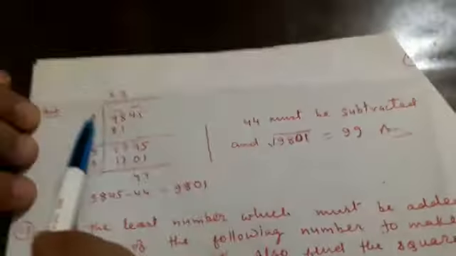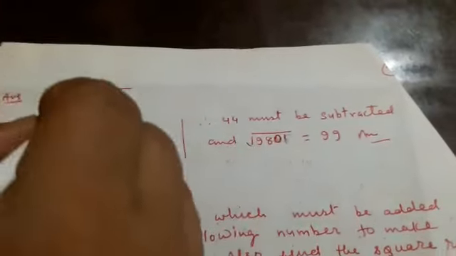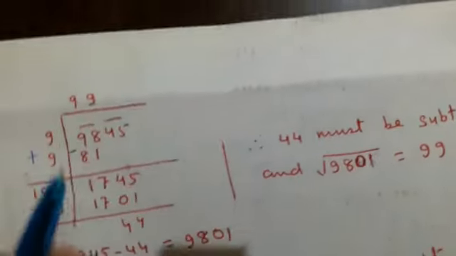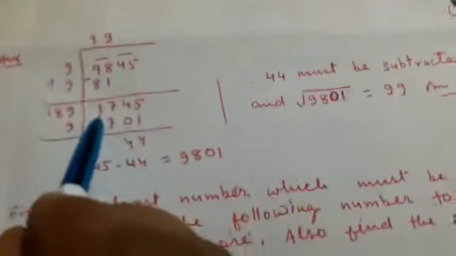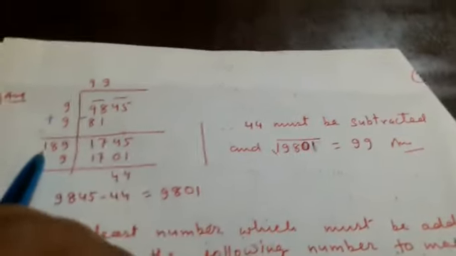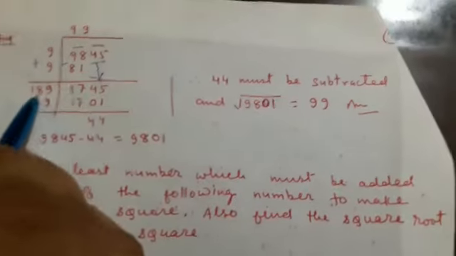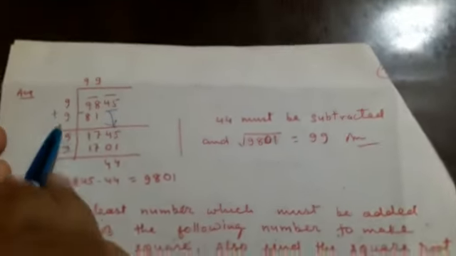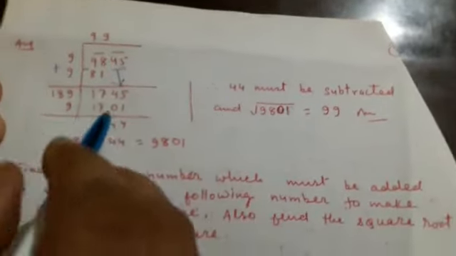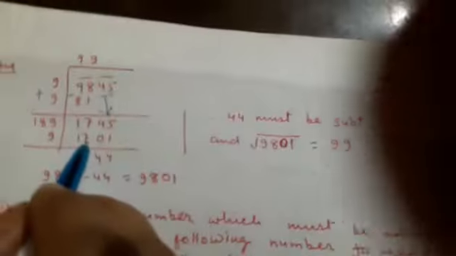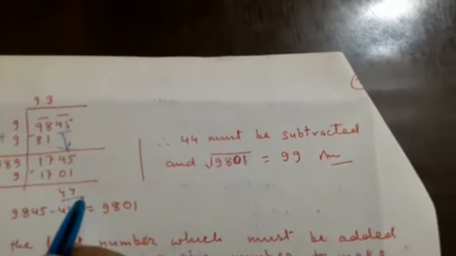By which number will we multiply? 9 9s are 81. Now here we will subtract and here we have to add. 98 minus 81 is equal to 17. 9 plus 9, 18. Now this 45 will come down. It will become 1745. By which number will we multiply it again? By 9, because this 18 is the sum of this number. So we will multiply by 9 on both sides. So the product of this number will be 1701. After subtracting, we get 44.